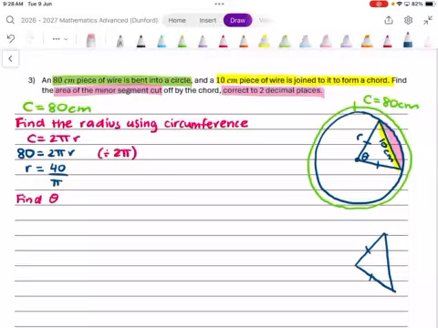Okay, so we have that our chord was 10 centimetres, but we now know that our radius is 40 on pi for both our radiuses. And so our angle in there is our theta. What rule can we use to find theta? Cosine rule. So we're going to find theta using our cosine rule for an angle,